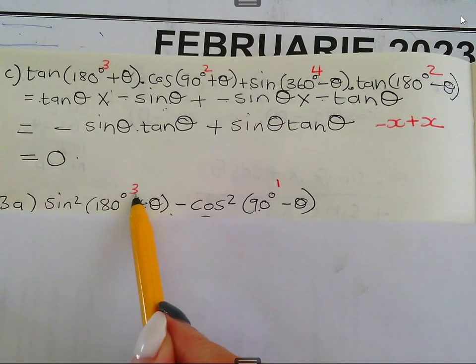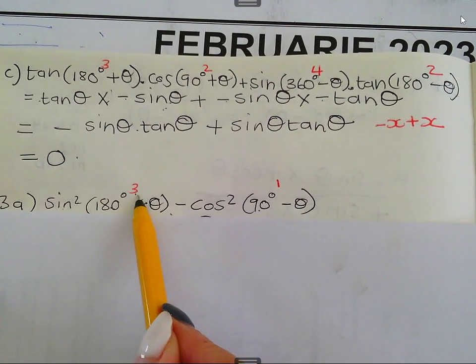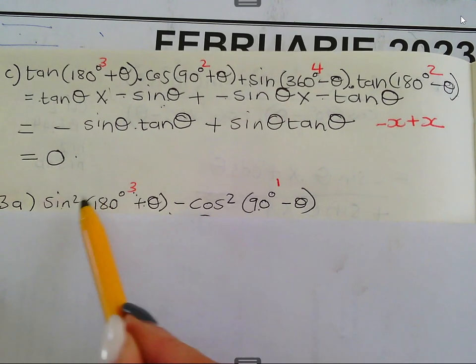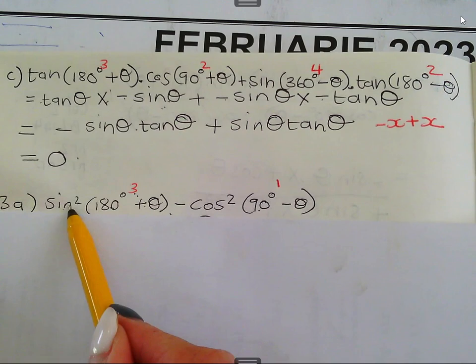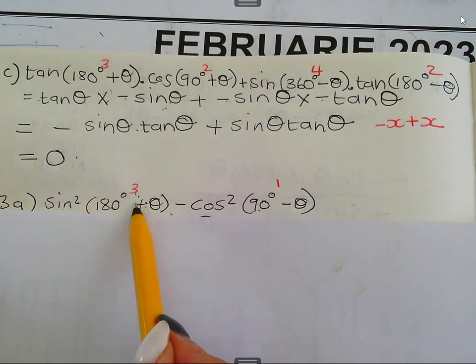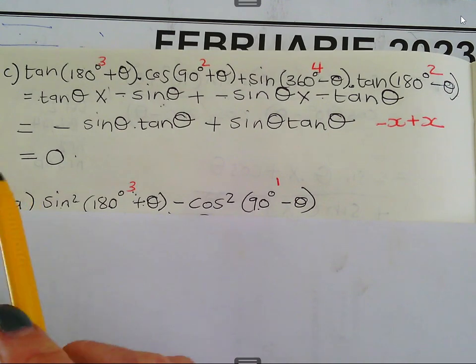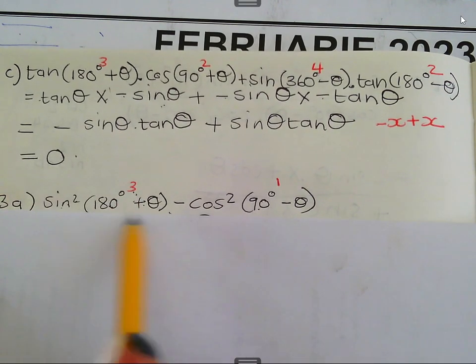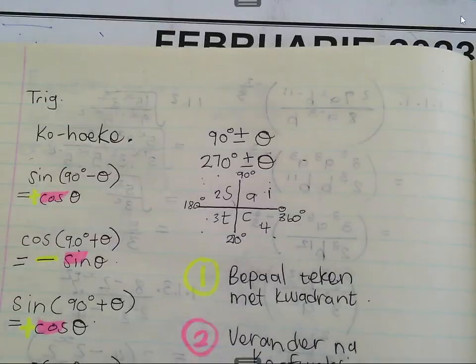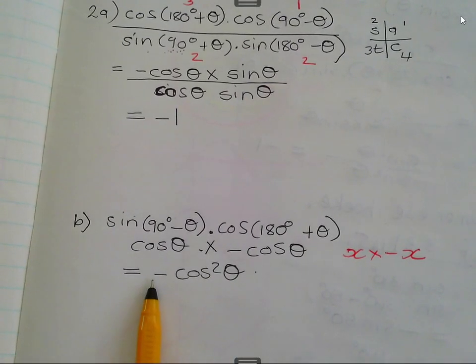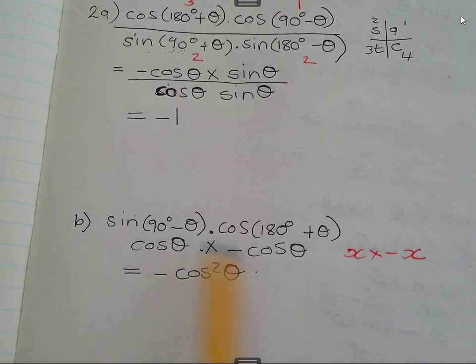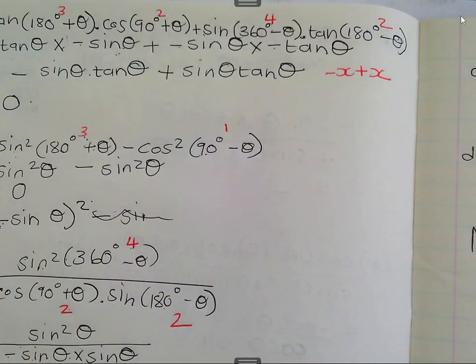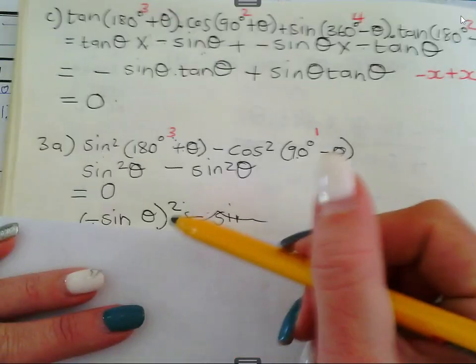Third quadrant. What is sin in the third quadrant? Negative. But do you see it's got a square? And the square will make the sign from the quadrant positive. Always. But just the one that we get from the quadrant. No other one. Like if you look at this previous sum at number B, that square doesn't make that minus a positive, because that minus got there because of the signs being multiplied. But the sign that we get from the quadrant will always become positive